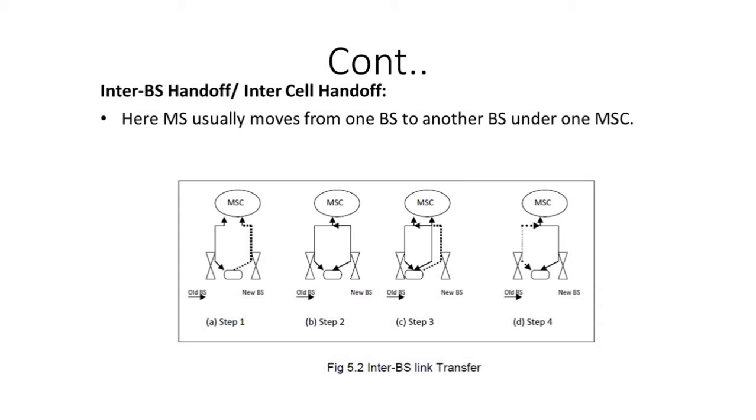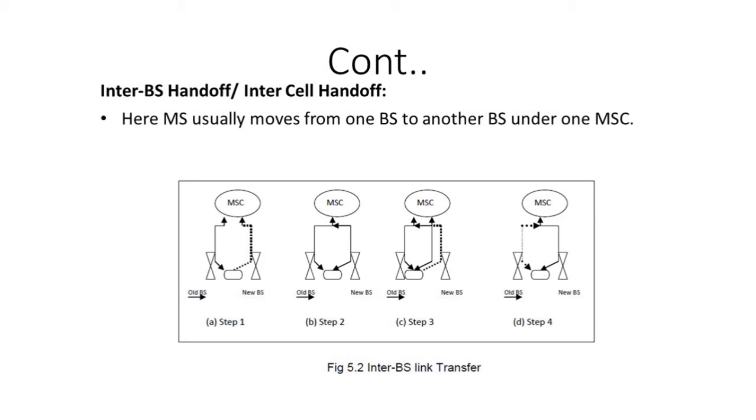First action is the MS momentarily suspends conversation and initiates the handoff procedure by picking a channel in the new base station. Then it resumes the conversation in the old base station. When MSC receives that signal, it transfers the information to the new base station and sets up a new conversation path to MS through that channel. This can be seen in step 2 in the diagram. After the mobile system has been transferred to the new base station, it starts the conversation channel with the new BS and then MSC disconnects the link with the old BS.